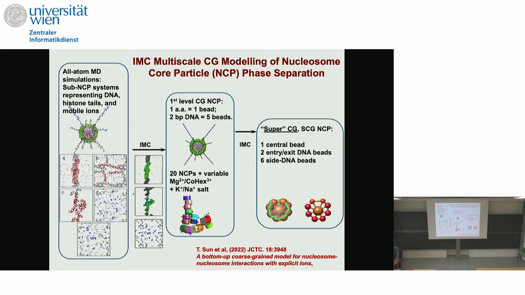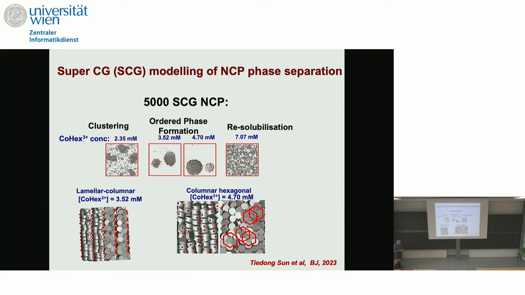So we went on to do that. This is the super coarse-grained simulation of a system of 5,000 nucleosomes, in the presence of cobalt hexamine, which is known to induce various ordered phases of NCPs experimentally. To vary the concentration of the cation, in this case cobalt hexamine, you have to perform a different coarse-grained simulation, extract potentials for that ion concentration, and then move on